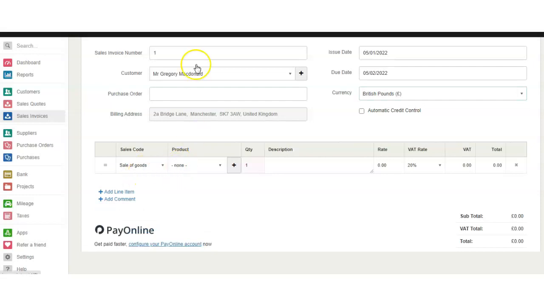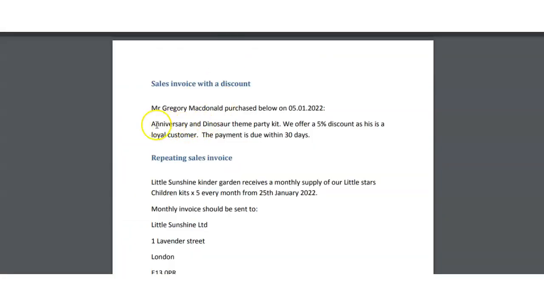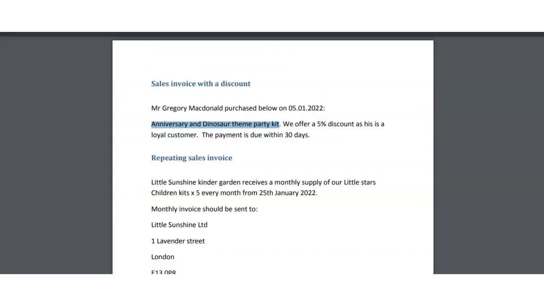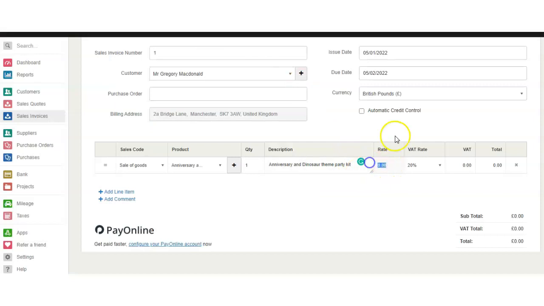We're selling goods, and we're selling anniversary and dinosaur party kit. I'll choose a description here. If you haven't set up the product, you can also do the product setup here. And I will use a quick add for the product. So we're selling this product for, say, £40